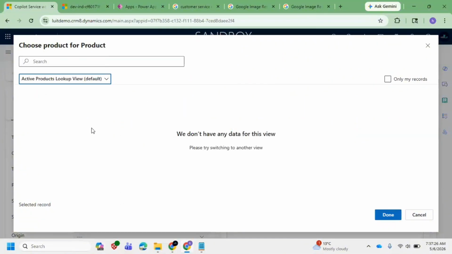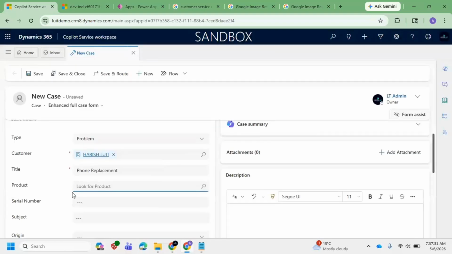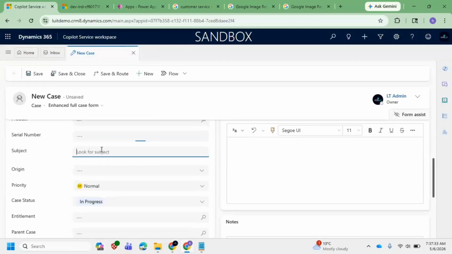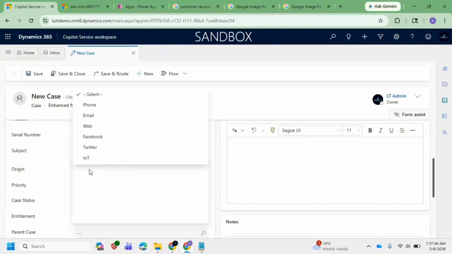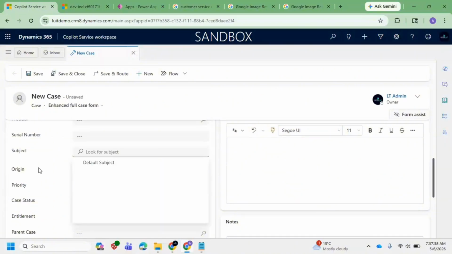This is the view it is picking. You can create a record like that. So what is the serial number and what is the subject? So like this, we will be filling the case. Now if you see,